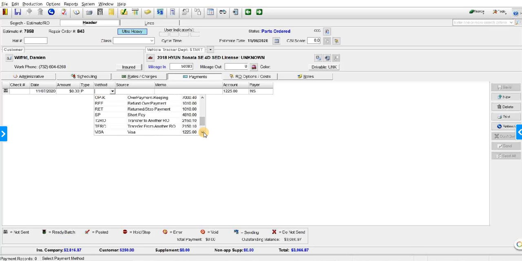Transfer to another RO and transfer from another RO. This does this in the background. There are times where you might have some extra money in one RO that they want you to apply to another RO. So in the case of, let's say, a wheel wasn't replaced and there's $100,